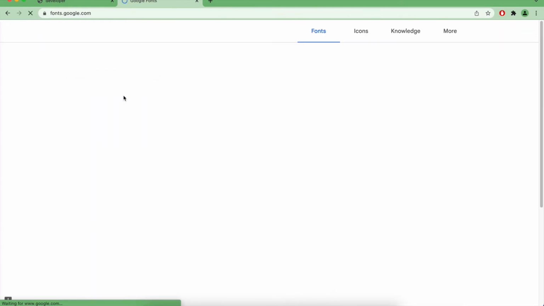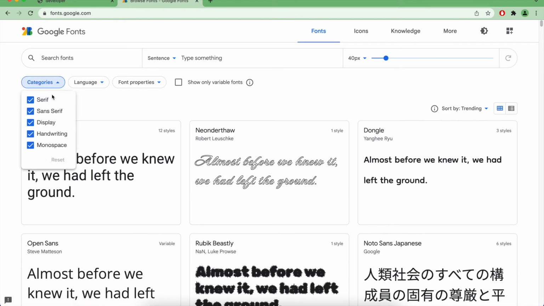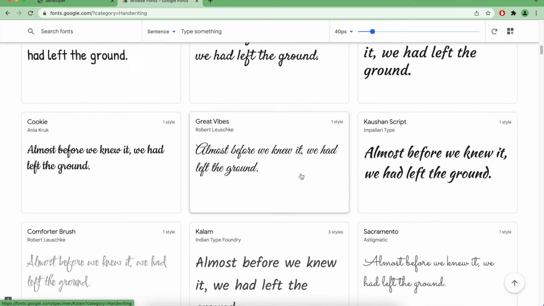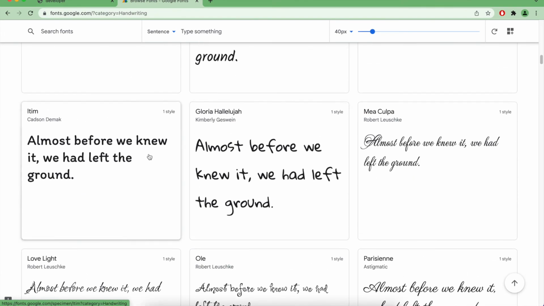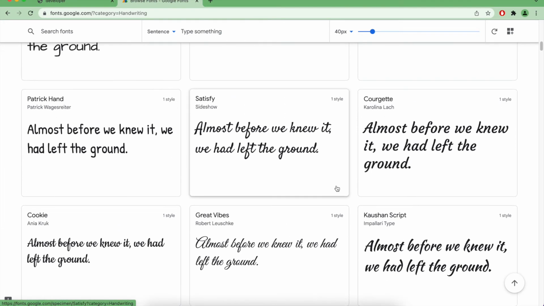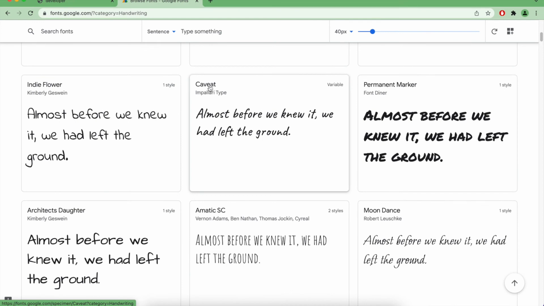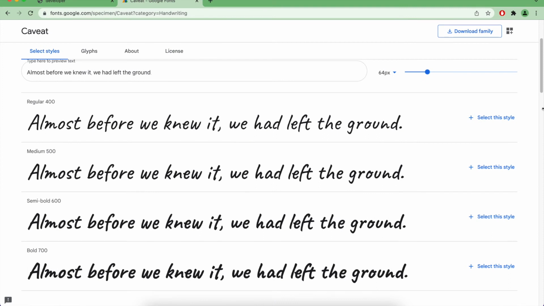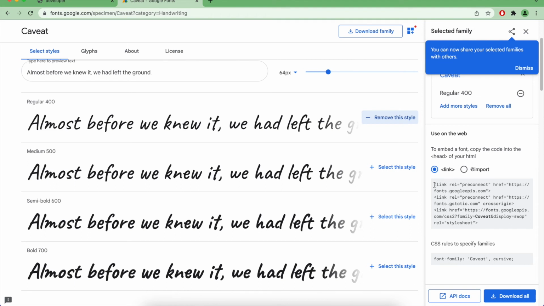Now I'll go here. As we discussed, there are specific families like serif. I want to choose only handwriting, and you can see there are a lot of handwriting styles. Maybe Grape Vibes, or some other. I'll use Caveat. Select this, and it's very easy to use. Select the size you want, select this style, and it gives the link, or you can import it. I'll use the link, copy this,